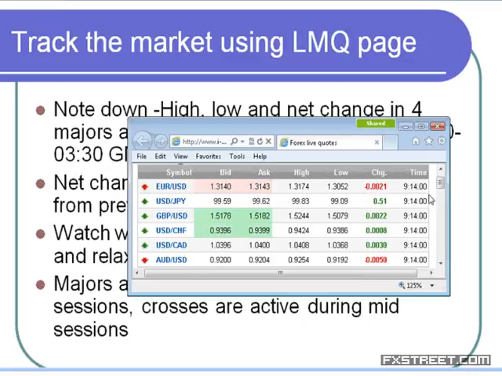So you find the market timing starts from the Japanese session and gets over by the late US session around 20:30 GMT. Then you come across the 4 hours gap time in order to have the next day start. So for that, it is very important to follow the GMT time. Then